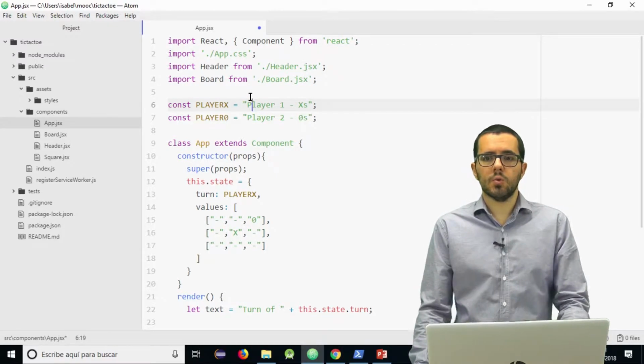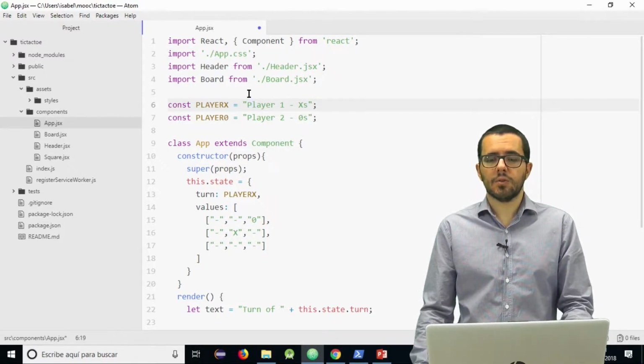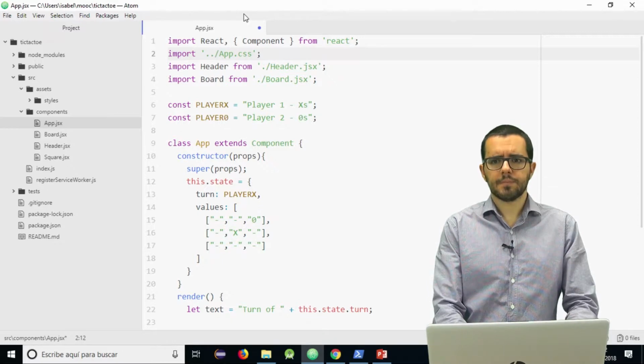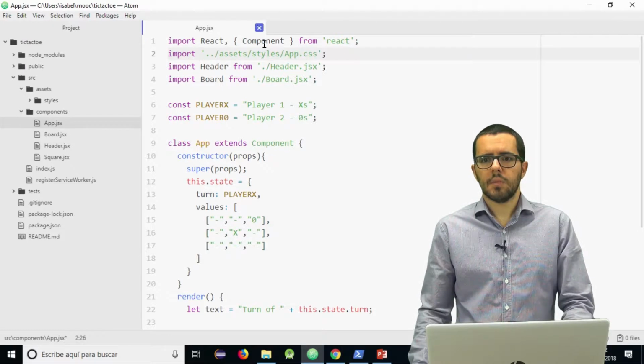What we have to do now is to edit the rest of the imports. Why? Because we have moved and restructured things. Now the CSS is not inside the same folder but in the upper folder, so it is like this: assets, styles. Perfect.